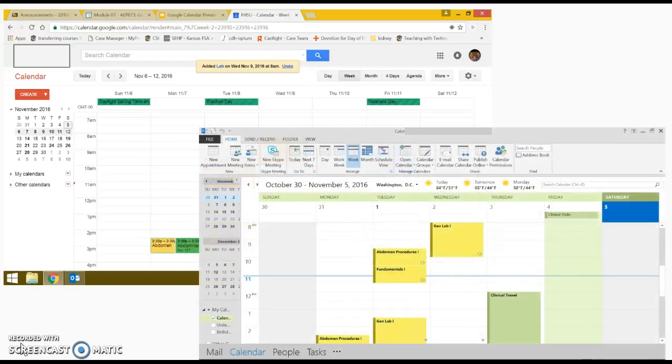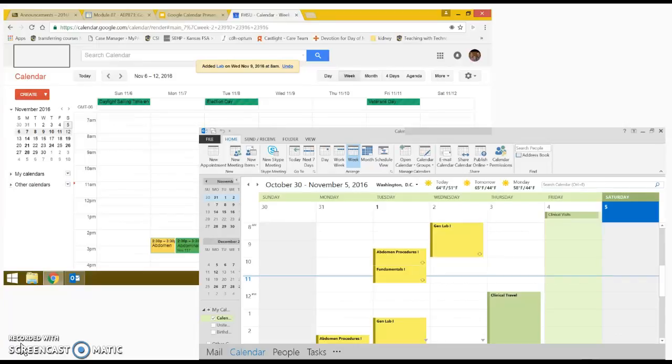Whereas our Outlook calendar here also provides you the color coordinations. It's got some different features where you can see the actual weather there at the top, I guess in Washington, D.C., if that's where you're located. The thing that I like on these differences is the Outlook calendar gives you all these options, easy access in the top ribbon. Whereas with the Google Calendar, you have to click on the event or actually create it. You have to go through the processes, where everything on Outlook is provided right there in front of you